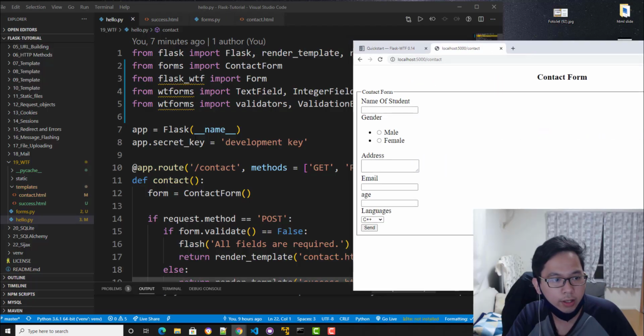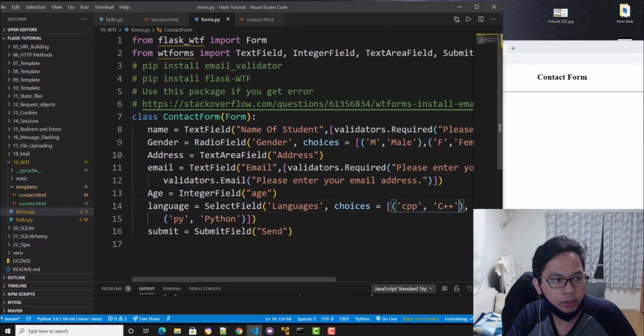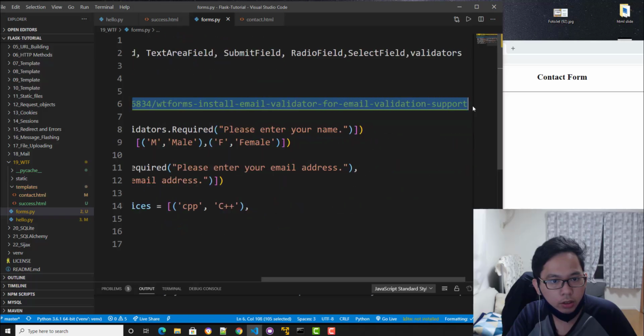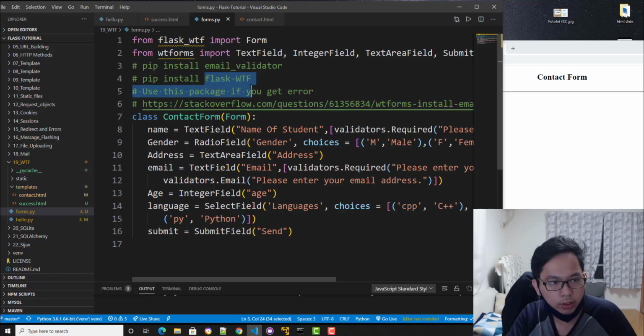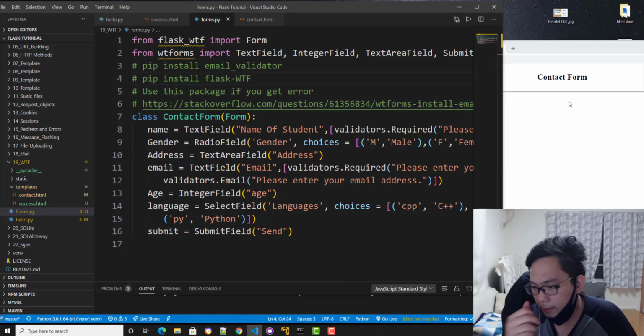You can download my code by using this one. You're going to install Flask-WTF, and another very important package, email-validator, and you're going to get this kind of error anyway from the email validator when installing Flask-WTF. Basically, if you use somebody's package, you're going to encounter that a lot.